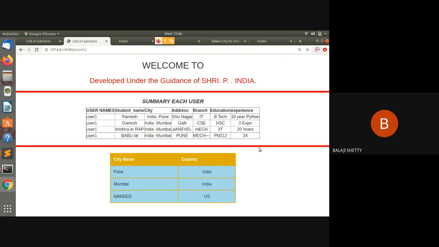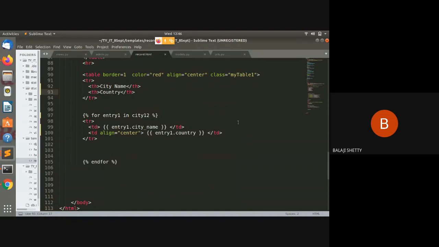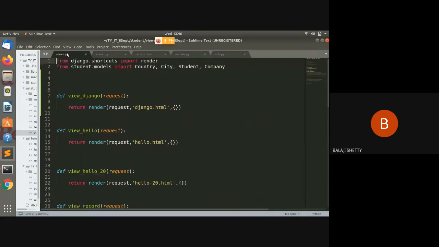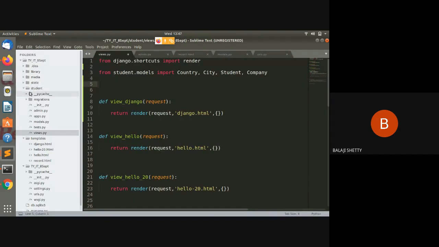Understood what happened now? Again I repeat what I have done, in 2 minutes, then we finish our lecture. In my views.py I have defined one view, and before accessing the view, first import the views. This is the important syntax: import the view from the app. So you may have multiple apps. Try to understand. See, there is an app named student. Here I have one more app named library. I can write from library.models import their models, and I can write the code for those models also. Again I repeat.